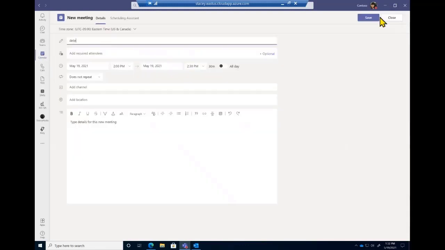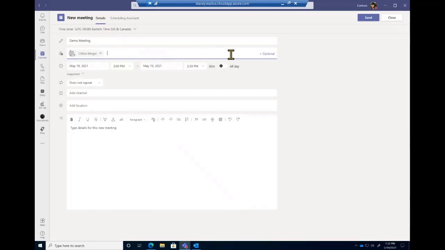So when you're scheduling a new meeting, you can add your folks here. If you have external people, this is a good time to say we just recently increased the limit for all of our government and commercial customers.